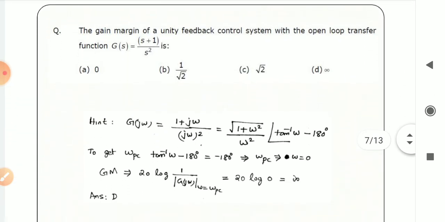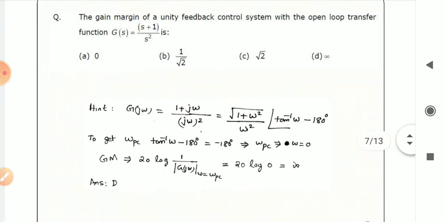Okay, now coming to the next question. The gain margin of a unity feedback control system with the open loop transfer function G(s) = (s + 1)/s² is. Here also, first we need to convert the given open loop transfer function into the sinusoidal transfer function. So it becomes G(jω)